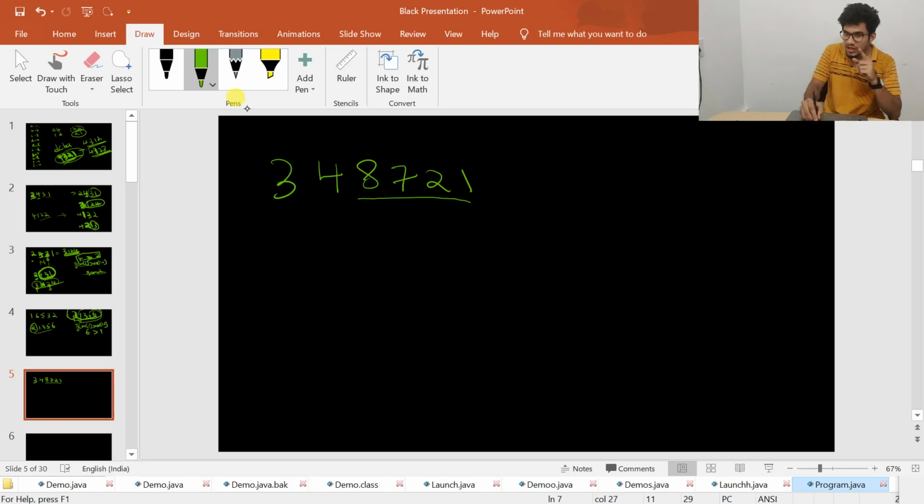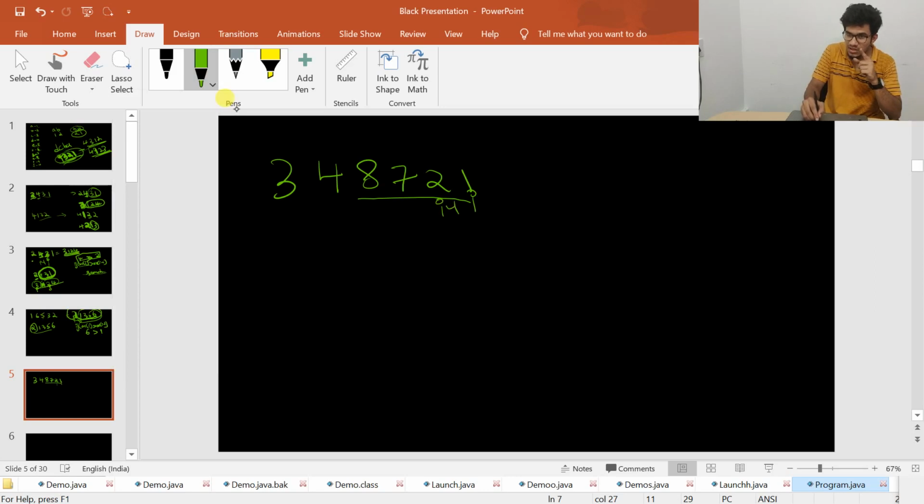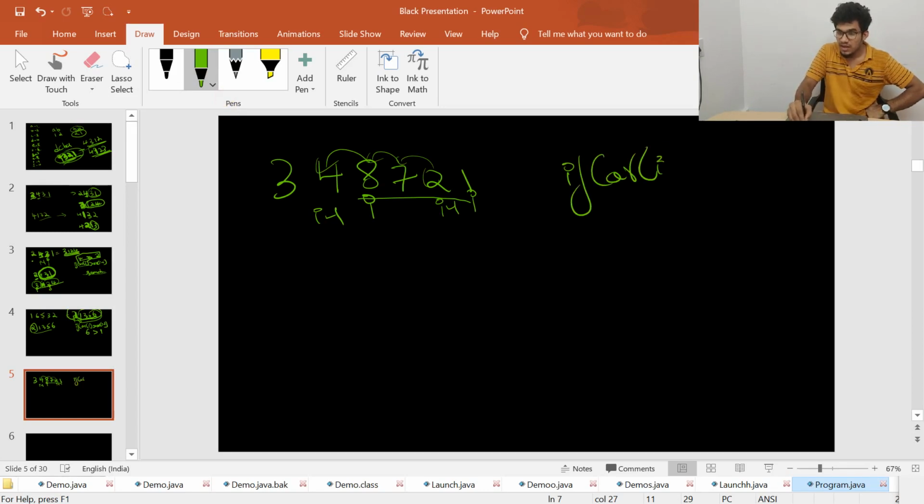But I have to search for such a location where it is possible. So is AR of I greater than the I minus 1th element? No. Is 2 greater than 7? No. Is 7 greater than 8? No. Is 8 greater than 4? Yes. So when such a condition is satisfied, where AR of I is greater than AR of I minus 1,